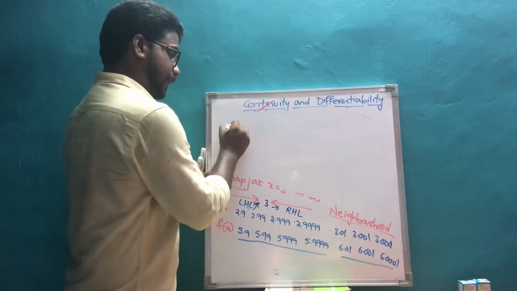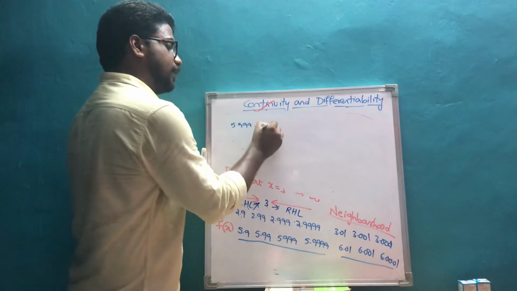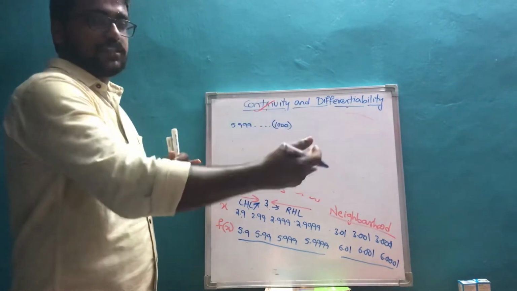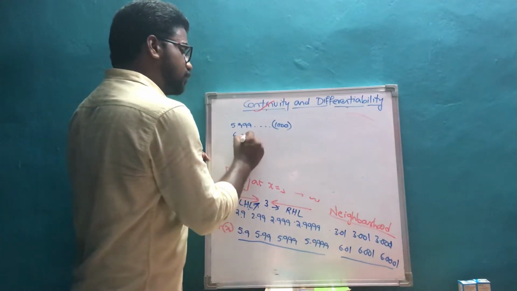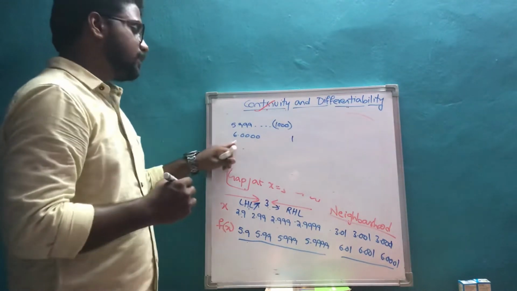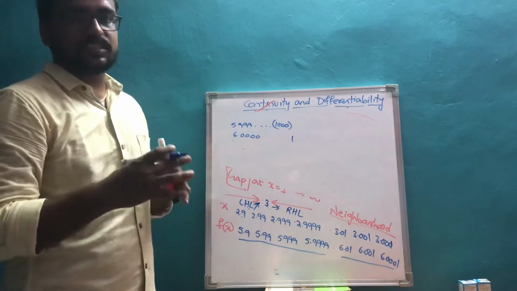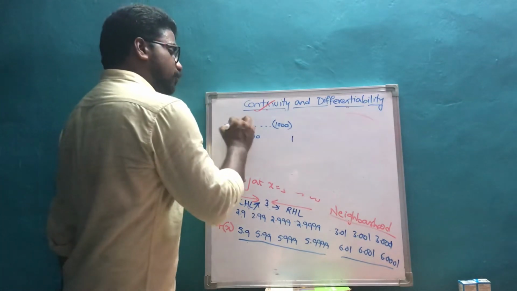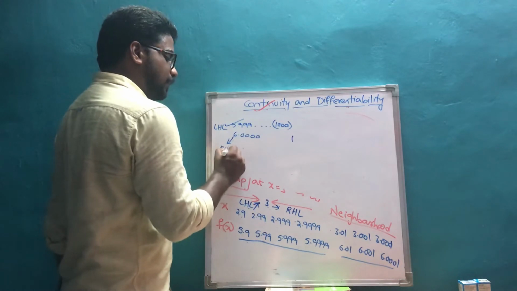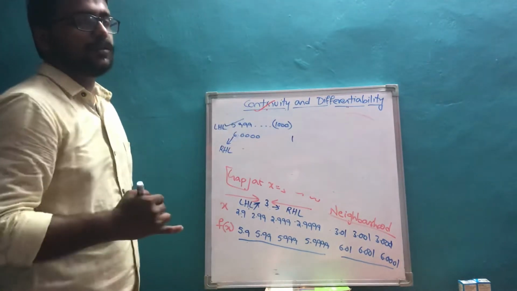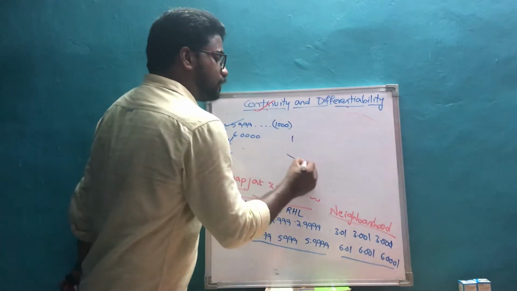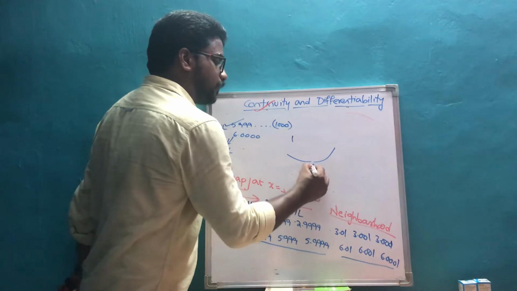Because 5.999, for example, let us say I wrote 1000 nines here, it is very close to 6. Similarly 6.000000 and so on, 1000 times, and at the last I place a 1, even this is almost equivalent to 6. So what's happening here, this value you are obtaining from the left side limit, this value you are obtaining from the right side limit, still you are reaching the same value. That is why you are able to bridge the gap so formed at this particular point.